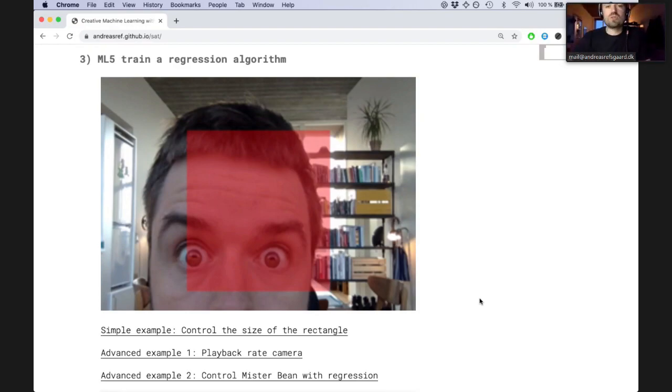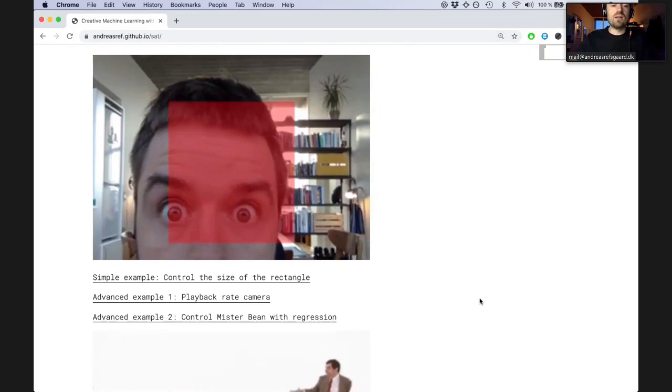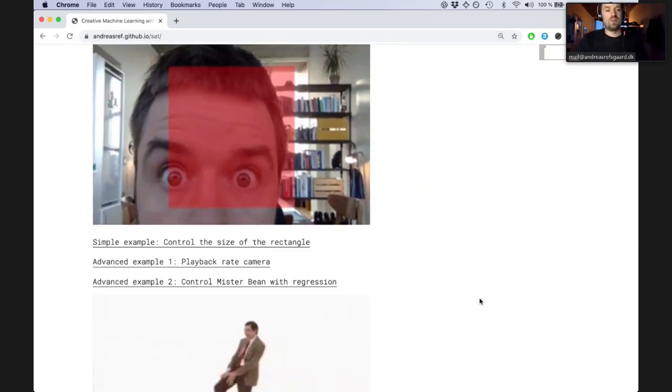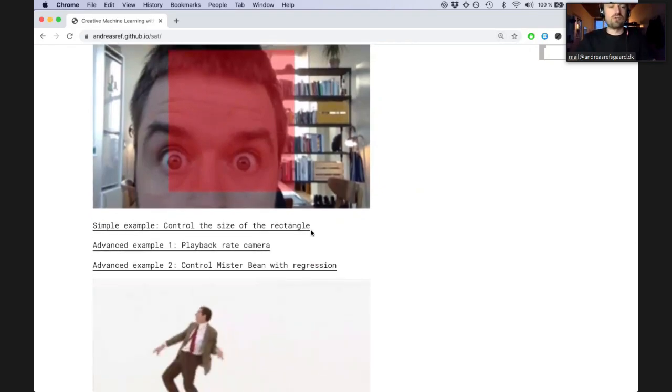Also think of it maybe in musical terms as a dial. So instead of a button on a keyboard that selects which kind of sound you're using, sound 1, sound 2, sound 3, that could kind of be classification. Then what if you have a dial and you want to control how much effect you add? For something like that, regression maybe makes more sense. And I will try to open this first example